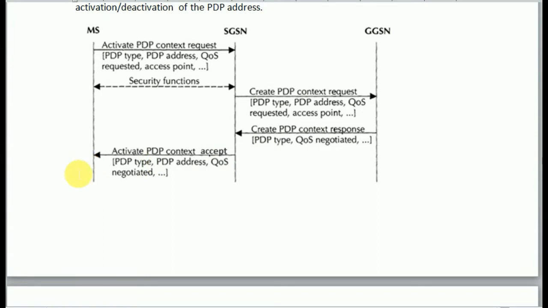The disconnection from the GPRS network is called GPRS detach. All the resources are released following a GPRS detach. Detach process can be initiated by the mobile station or by the network. So if we want to access the internet services through GPRS network, we have to attach the mobile station to the network. The detach process means the disconnection from the GPRS network.